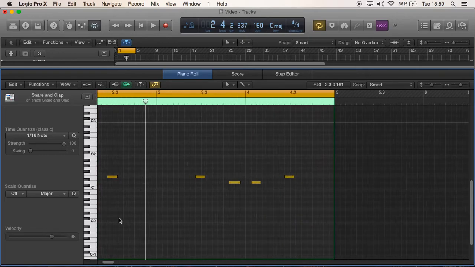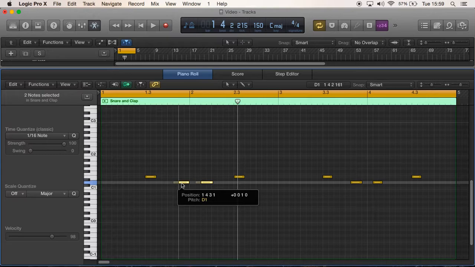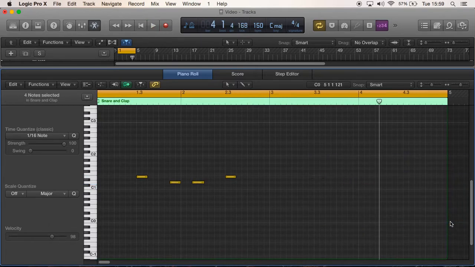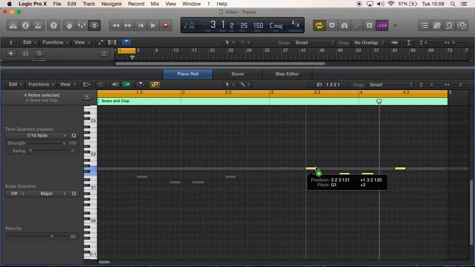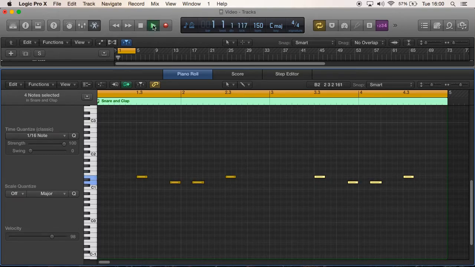Okay, that's still not in time, so I'm going to zoom in and correct it myself. I know it should be on these lines here. There. Let's see if that works. Those are both too soon. Okay, the first one's right, so I'm just going to delete the second one and copy this over. Drag with Alt and copy it over. So